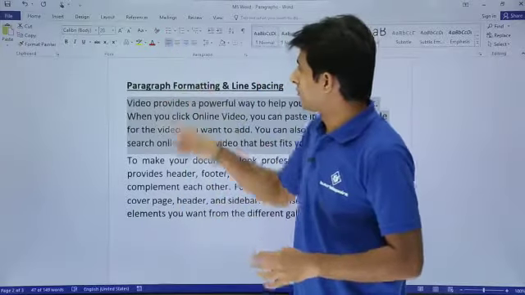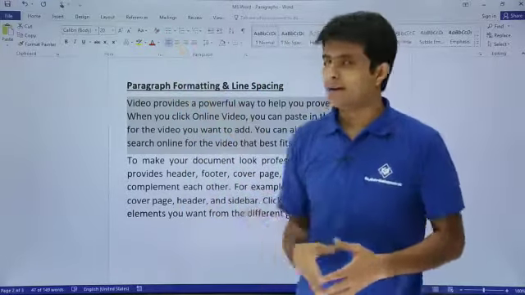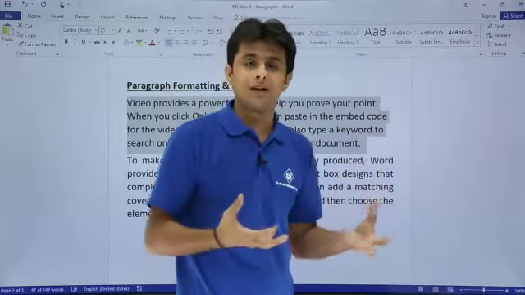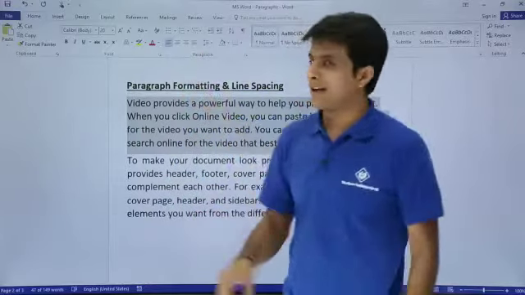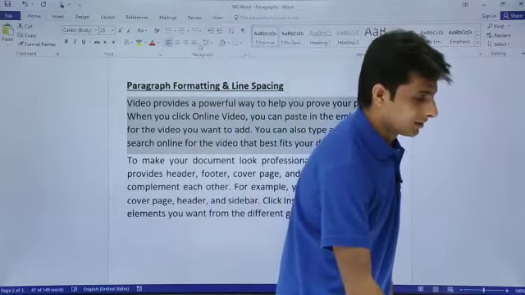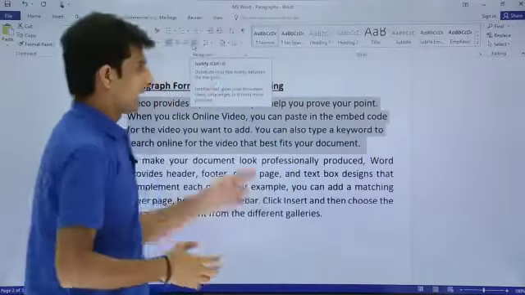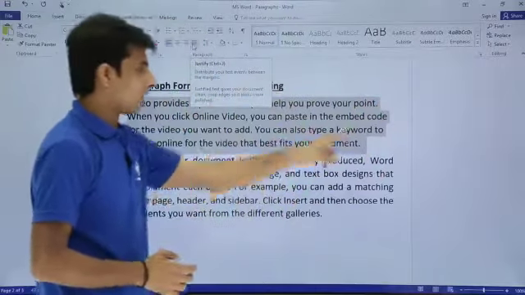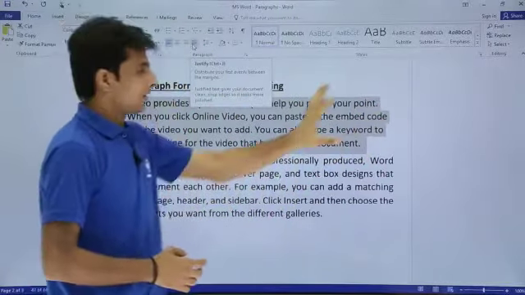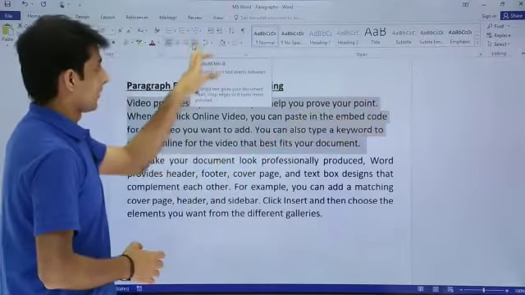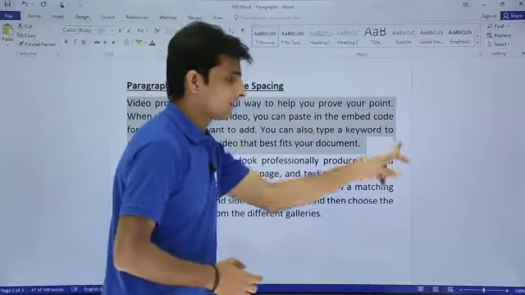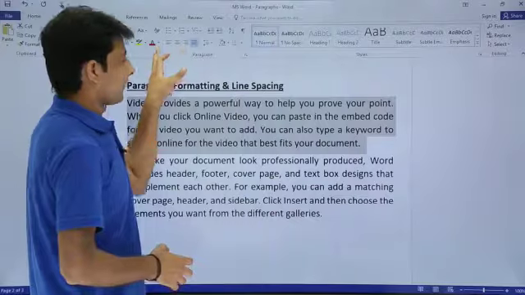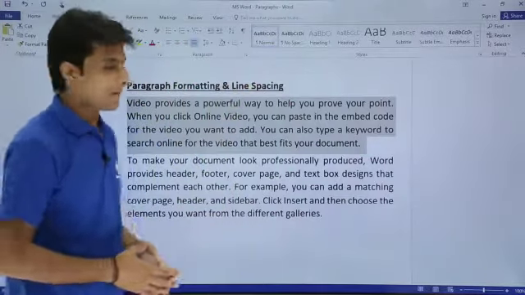The one people use mostly is the left alignment, but sometimes if you want this sentence to occupy the empty space, you can select the option known as justify. I will keep my cursor here to understand the shortcut and what exactly it means. Justify means it will utilize the space which is given here. If I click on that, nothing will change on the left hand side, but on the right hand side the space will be occupied. You observe here the 3 lines are occupied; the last one is not, because the words are not there. This way it works for left, center, right and also for justify.